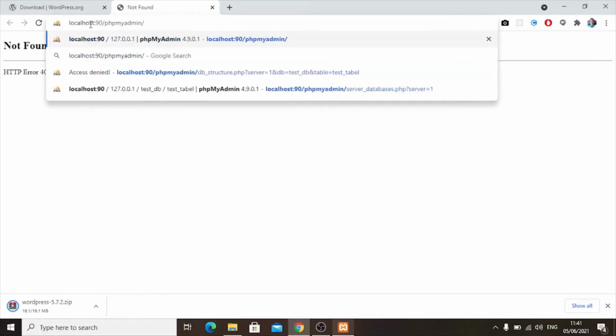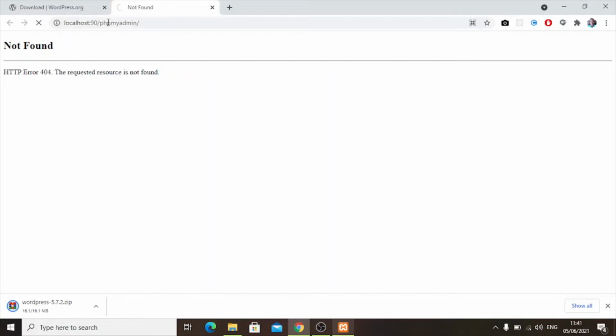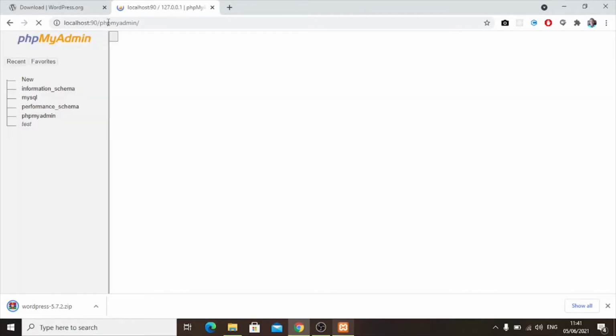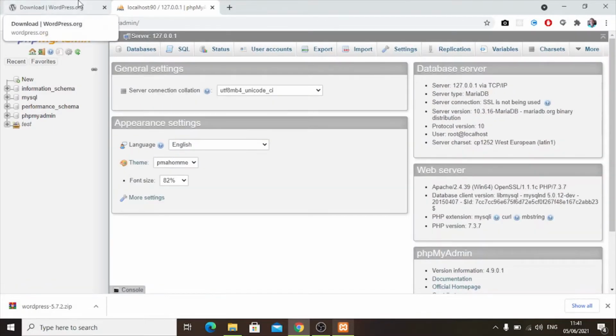So just add the port, put colon, then port, then run. So there we are. Our phpMyAdmin, which is the environment we are going to use to create our database,